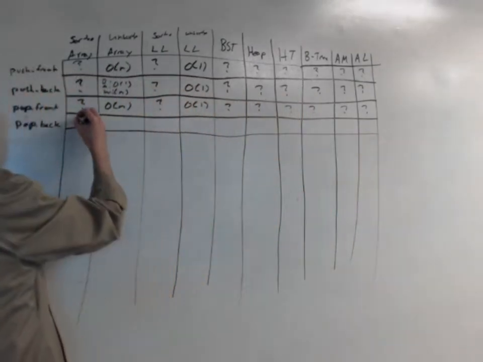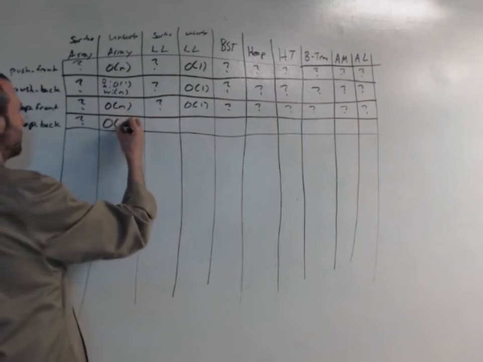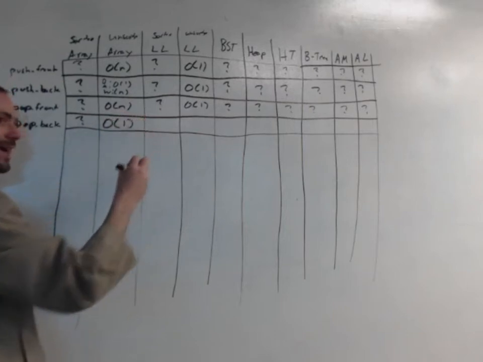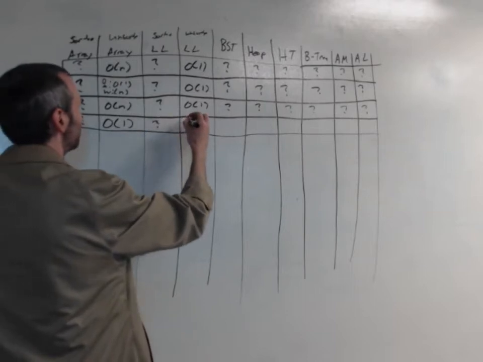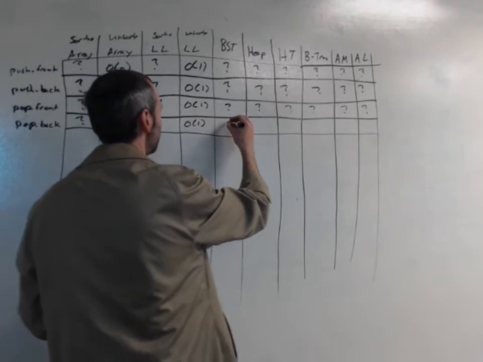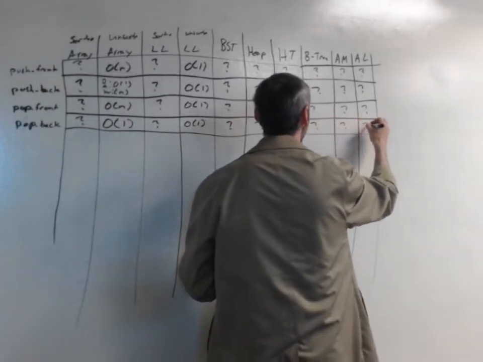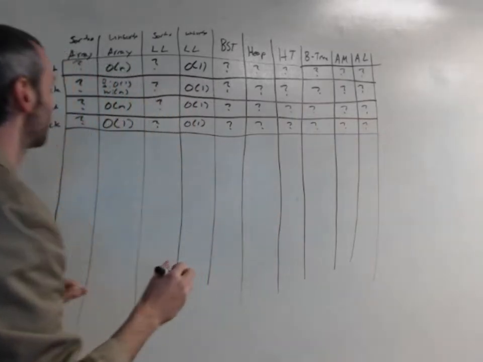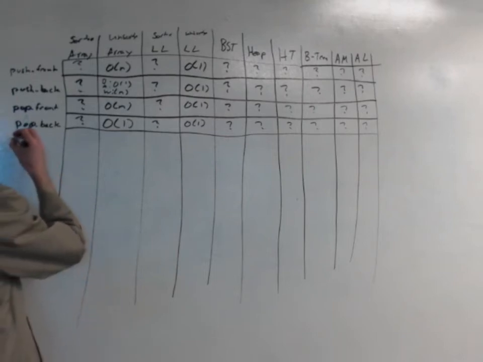Good old wavy lines. Pop in the back on an unsorted array: O of 1. Pop in your back, I already did that. Unsorted linked list: O of 1. And the rest of these don't make sense. So far, by the scale, all the binary stuff looks like trash. It really does. All right, how about just